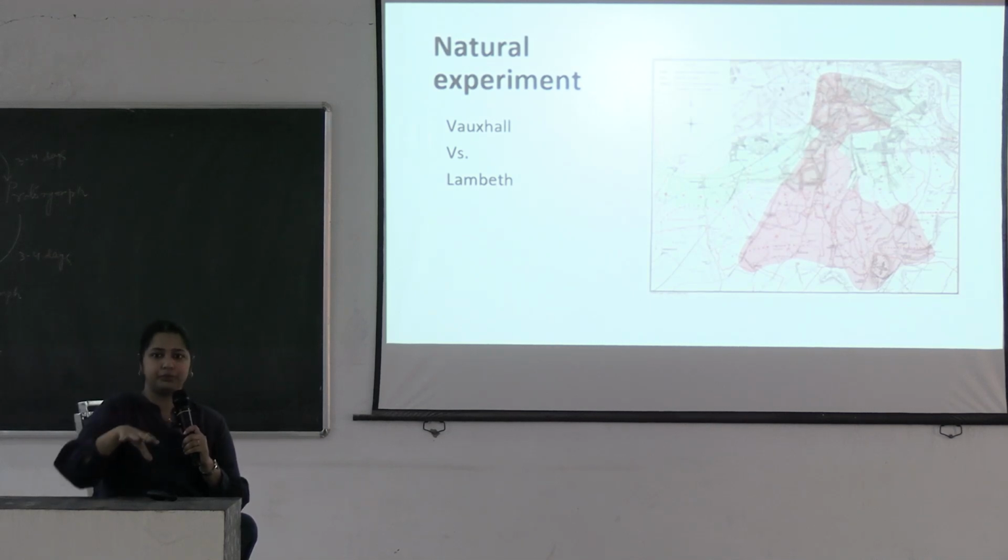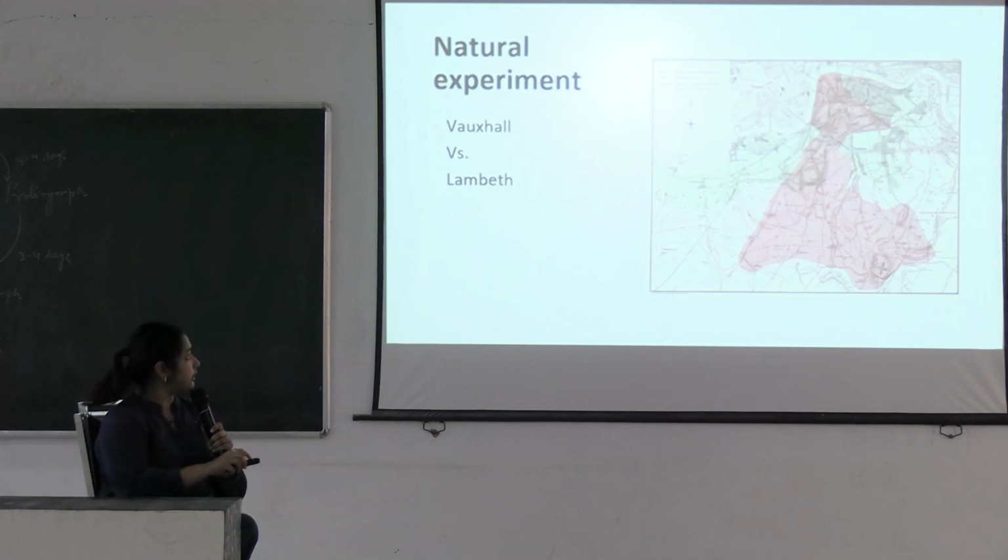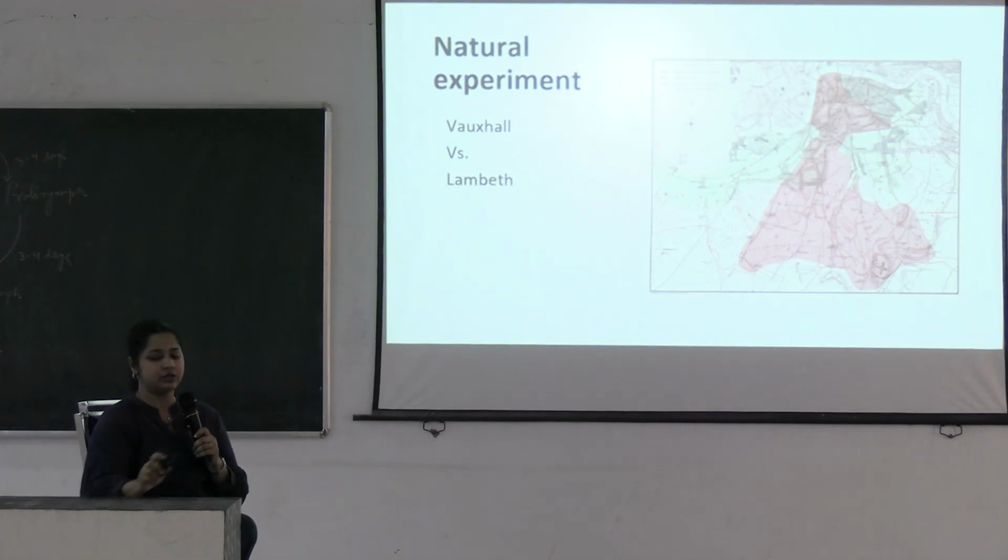So the sewage is not dumped yet in the river. But the Vauxhall company used to take the water from London. So what happened is the sewage-infested water is going into the houses. At that time he had this hypothesis that maybe cholera is caused by a waterborne disease. So I will compare between these two areas. And again, some houses had overlap, obviously, so they had a similar number of cases. But he saw especially the houses supplied only by the Lambeth company water suffered very few cases of cholera. So that is a natural experiment that occurred at that time.